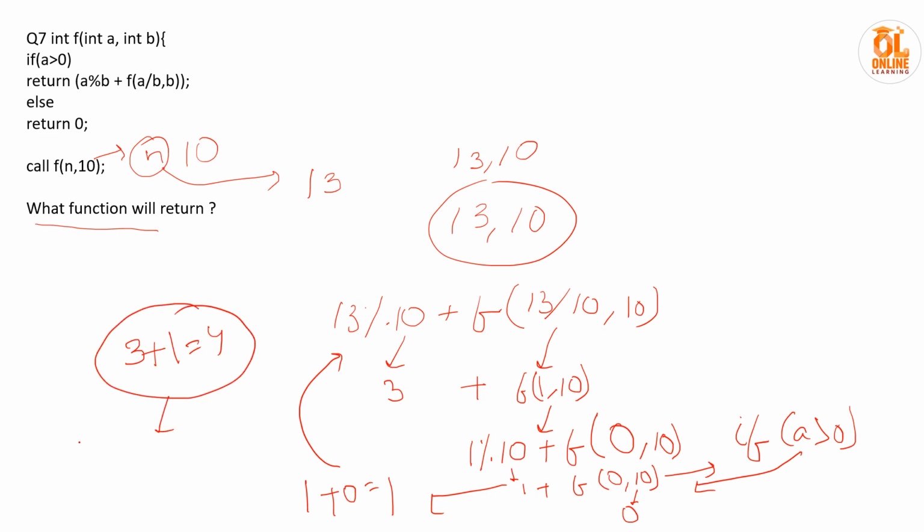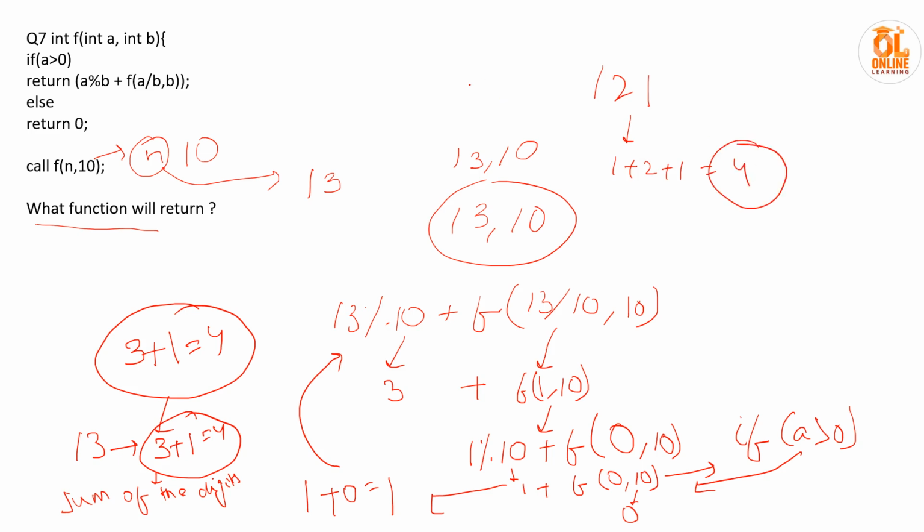So you can see from 13 we are getting 3 plus 1 equal to 4. That is, we are getting the sum of the digits. So this function is returning the sum of the digits. If you check by putting 121, it will return 1 plus 2 plus 1, that will be 4. So check it with another example also, and if you have any doubt, please tell me in the comment section. These are very easy questions, you just have to take